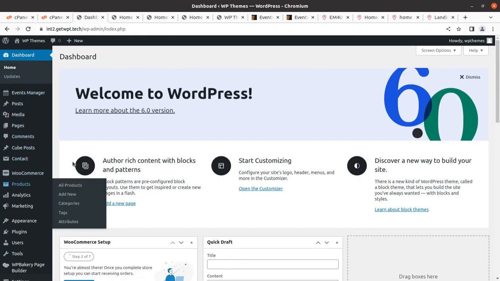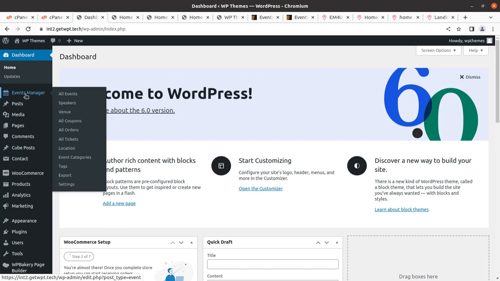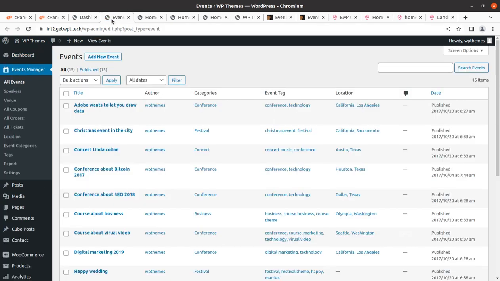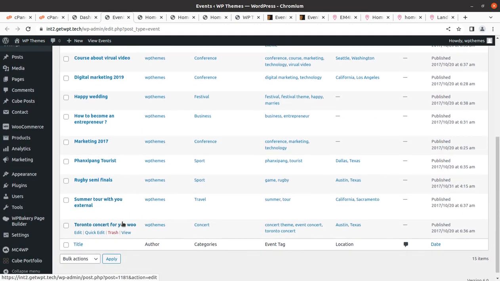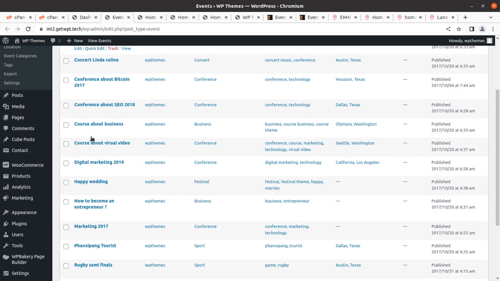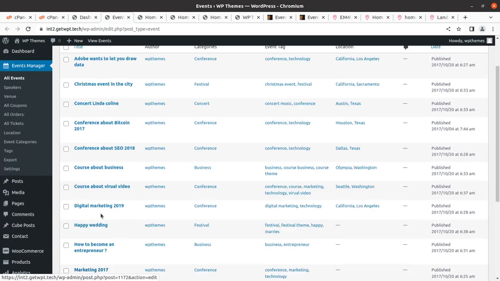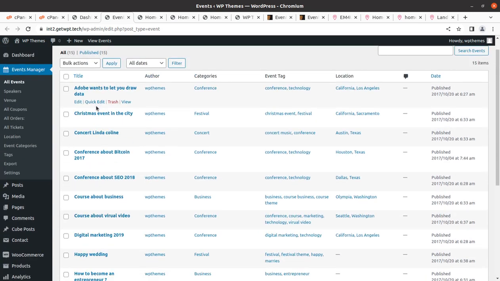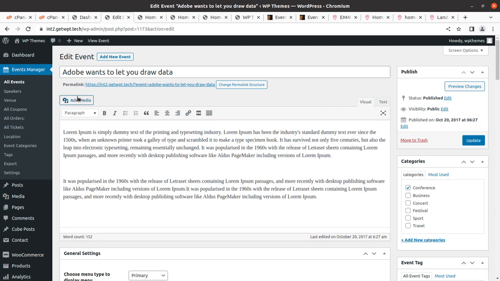We can go further for customizing the content. Like Event Manager is the main part of this theme, because this is basically an event management WordPress theme, and you can simply add a new event or edit the existing one. What I'll suggest is to just edit the events that already exist here, and delete those events that you are not going to use, because they are going to be indexed by the search engine. It is very important. So I'll show you the fields. So these are the fields